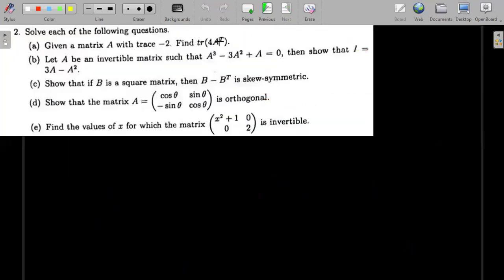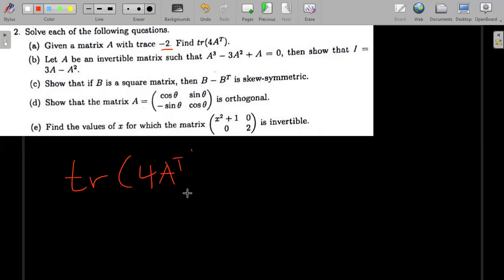All right. Section B now. There's question 2 and question 3, but I won't solve question 3 because you haven't yet done the system of linear equations. So I'll just solve this question here and then we'll call it a day. They're saying solve each of the following questions. A, given a matrix A with trace minus 2, find the trace of 4